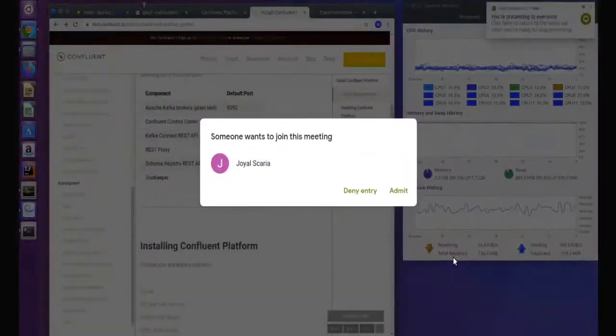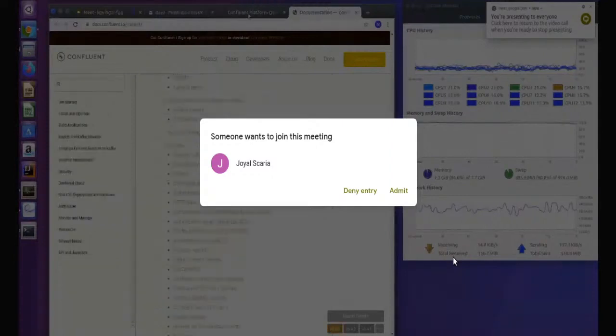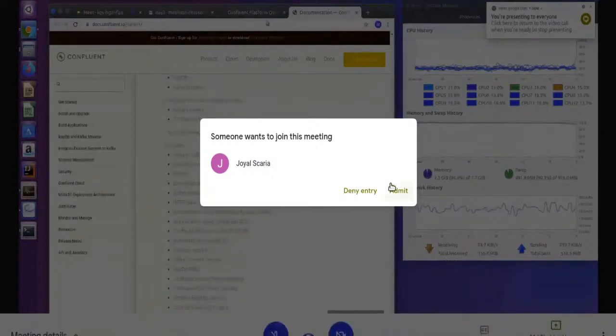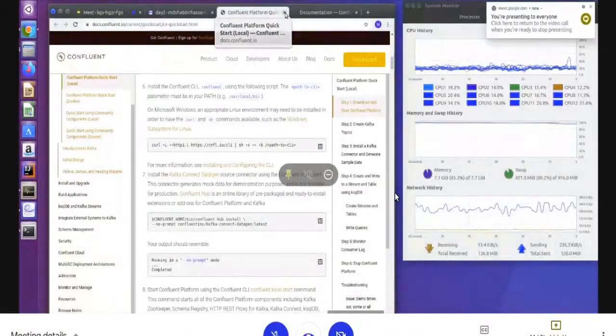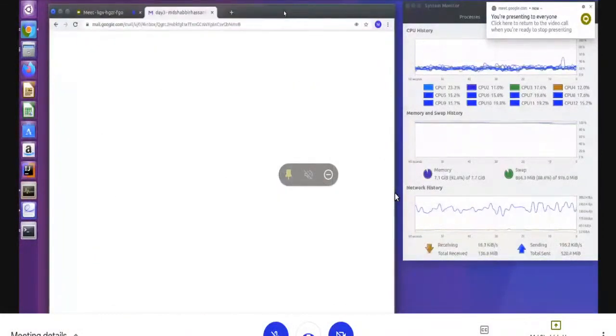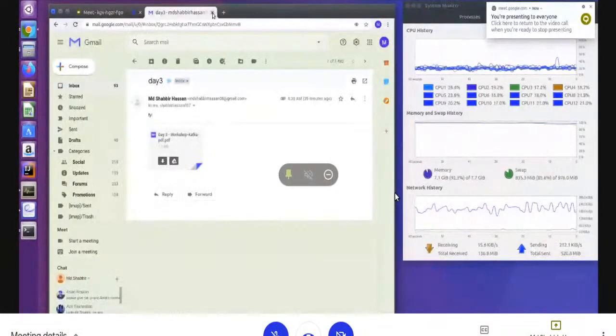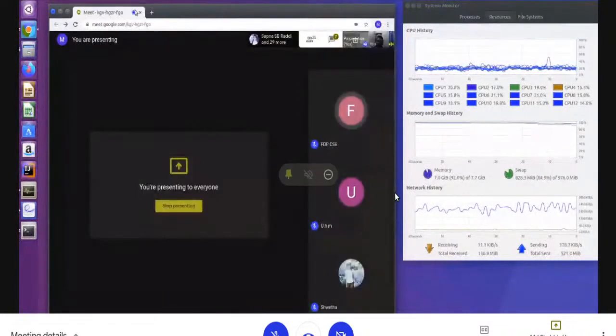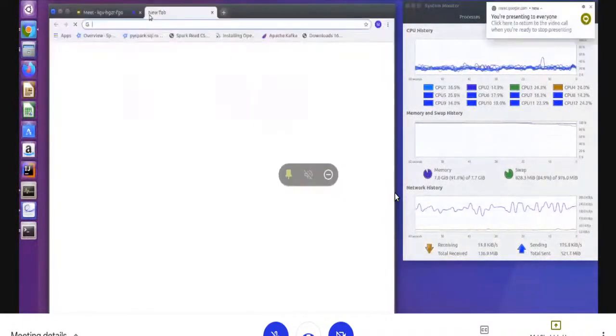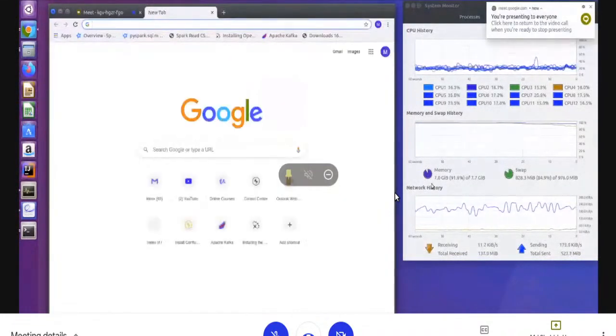So better I close all my unnecessary tabs. It will slow down my system. Okay, now done, right? Now I have already utilized 7 GB, right?